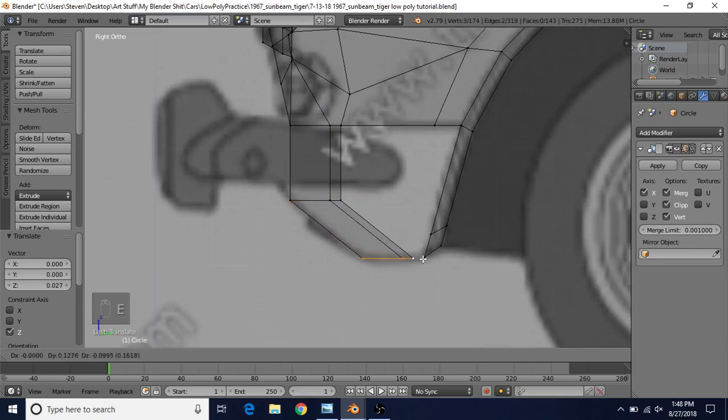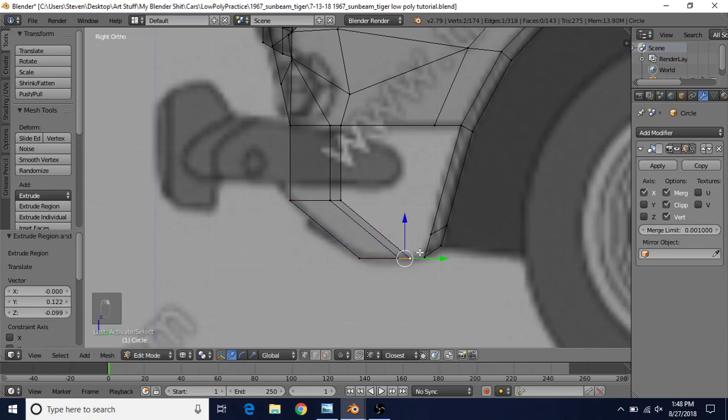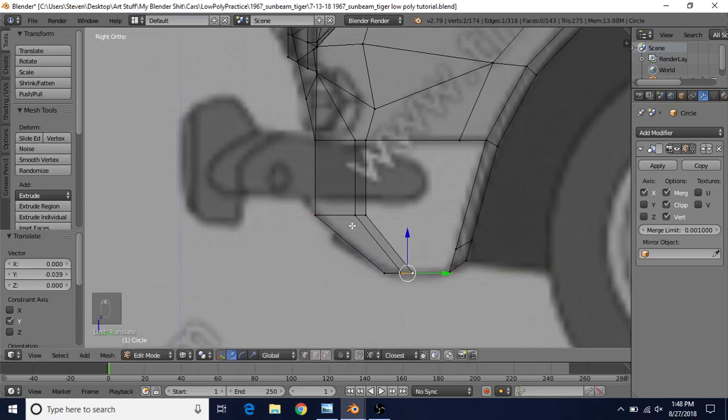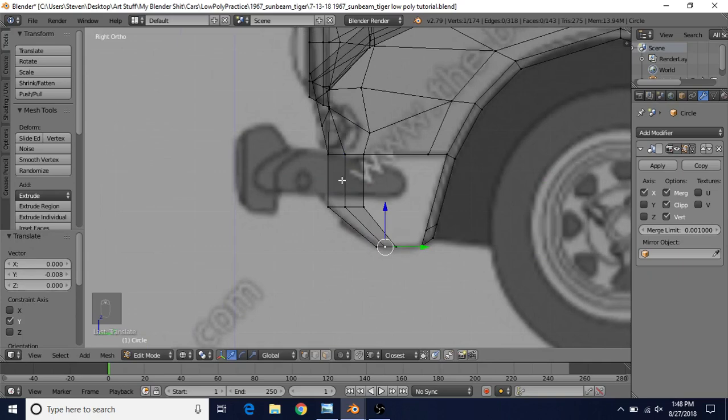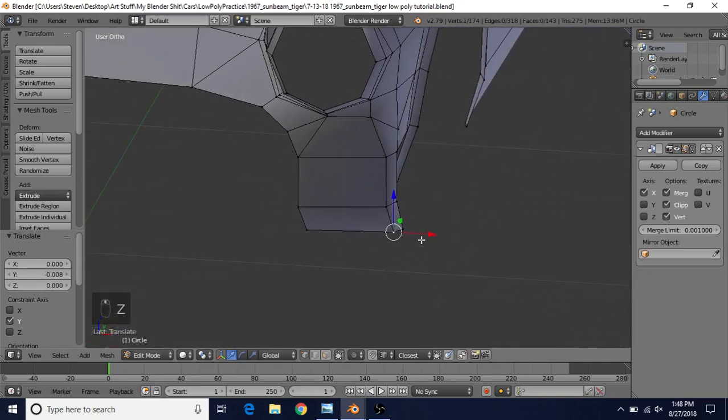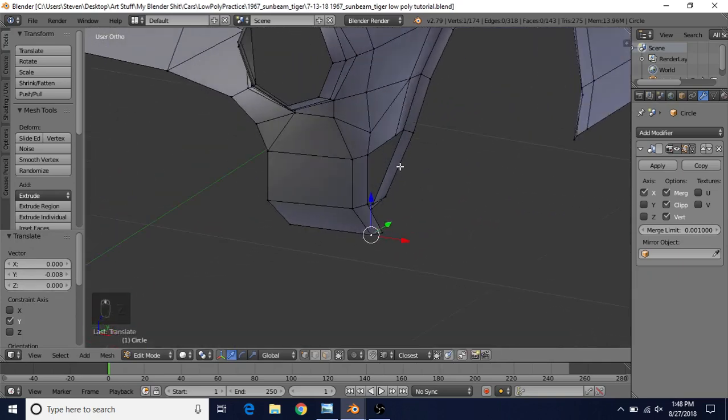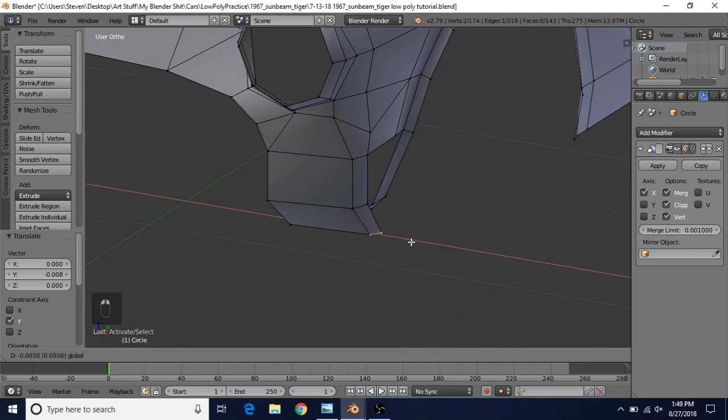And then we're just going to do E to extrude again. We're going to bring this down to here, and I'm going to take these two, I'm just going to bring them in this direction a bit, and I'm going to take these as well. We're going to move these forward quite a bit, and then just bring this one closer to the center of that part. Then the next thing to do is to just try to make this line up a bit better, because this kind of curves in, so we need these to curve in to match up better with